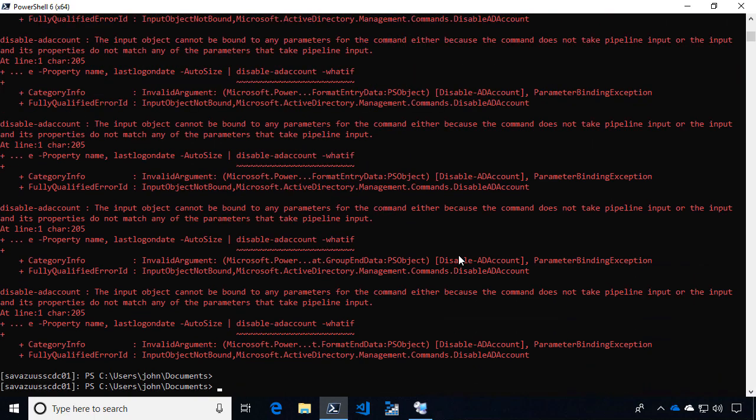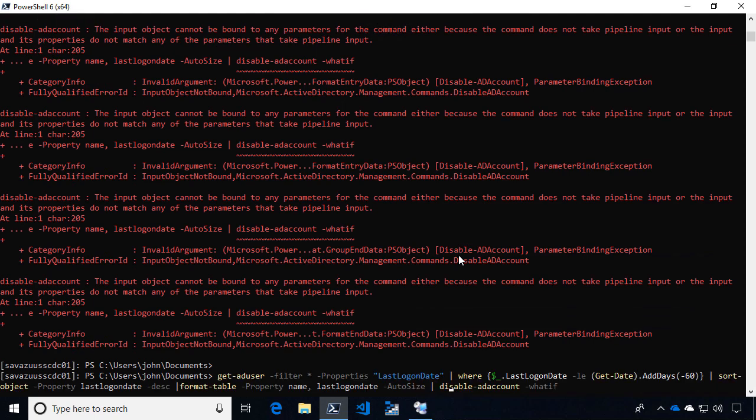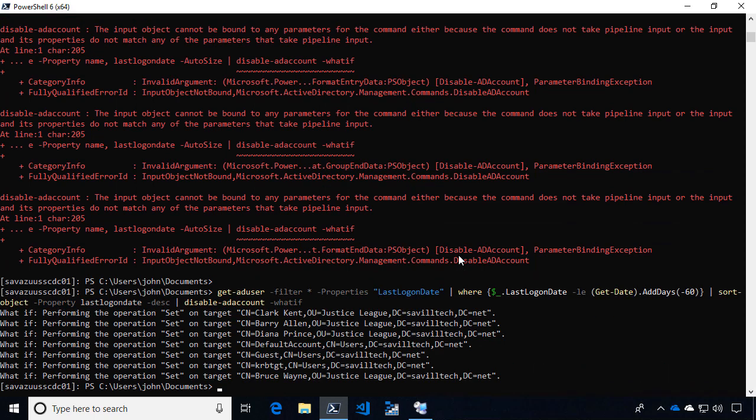I had objects, and then I formatted it as a table. Well, it doesn't want to be sent strings. I need to remove the formatting, so I'm just sending it down the line. So now I've actually got the objects to then disable the account. And there we go. It would have